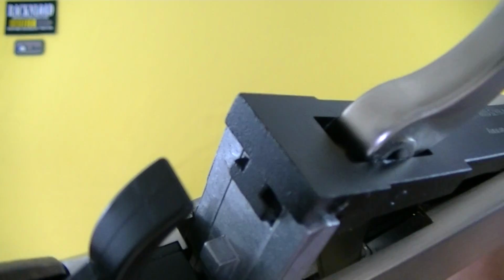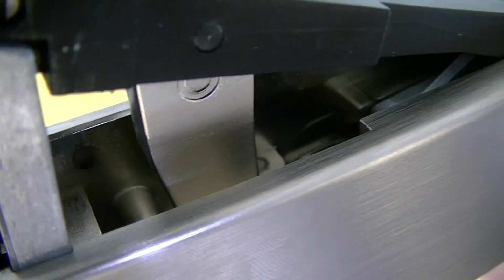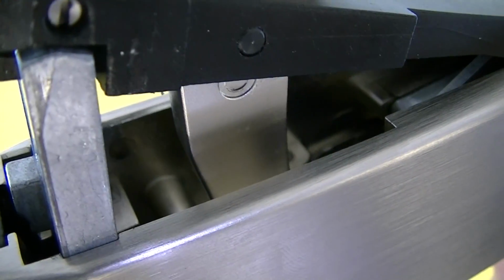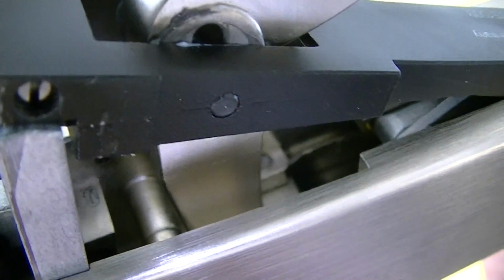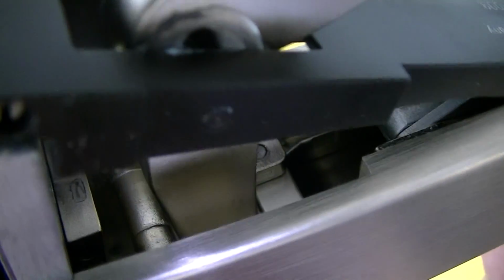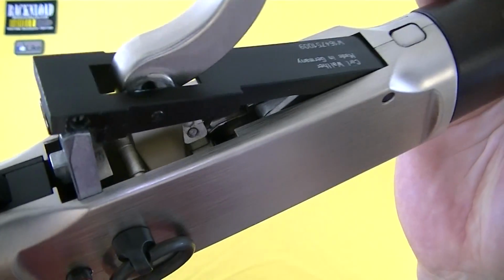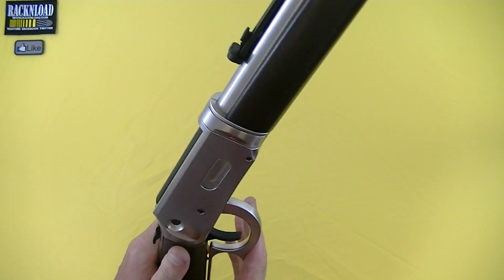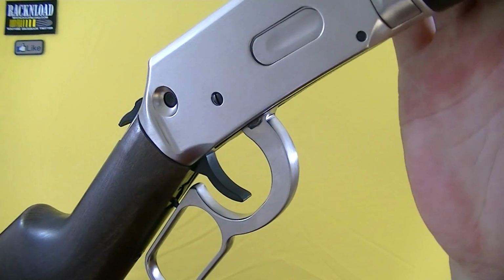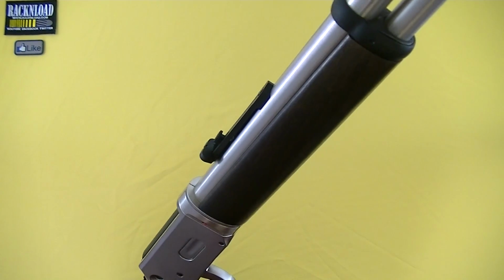It all seems pretty nice, not too, what's the word? I'm trying to be polite, guys, but I'm just going to say it how it is. It doesn't seem like the inside of an airsoft gun, just pot metal. It doesn't seem too bad in there. I'm quite impressed. So hopefully these things will stand the test of time. But pretty damn good. Quality is there. And for the price,